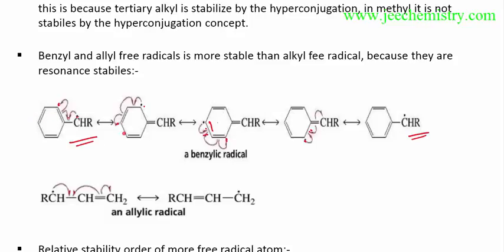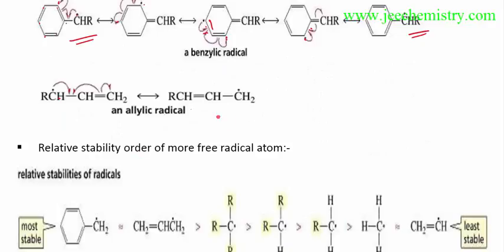Now pi electrons are shifted. So there are 5 structures in conjugation, but here only 1 free radical is there, and 3 atoms are in conjugation. Here 10 atoms are in conjugation. Here only 3 atoms are in conjugation. As the conjugation increases, migration of free radicals increases, and stability increases. This has so many structures. It has only 2 structures. That's why these benzyl free radicals are more stable than these allyl radicals.